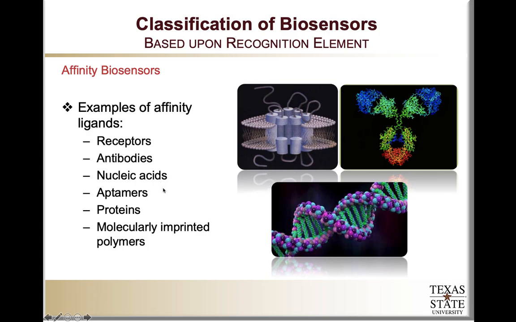As we know, in DNA and RNA, we have hydrogen bonding between adenine and thymines or uracils, and then guanines to cytosines. In addition to that, there's a special class of nucleic acids called aptamers, which are nucleic acid strands of about 20 to 50 base pairs that have the ability to bind to specific molecules. These aptamers are developed through a process known as SELEX, or